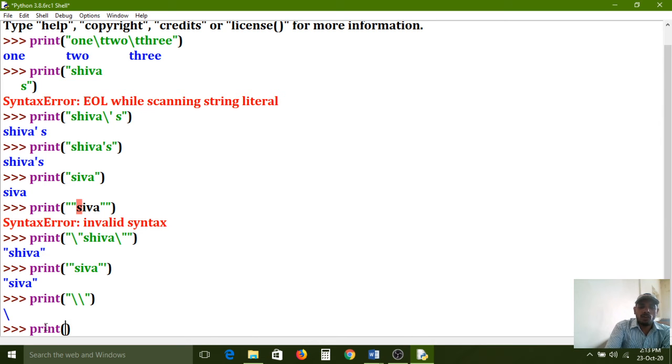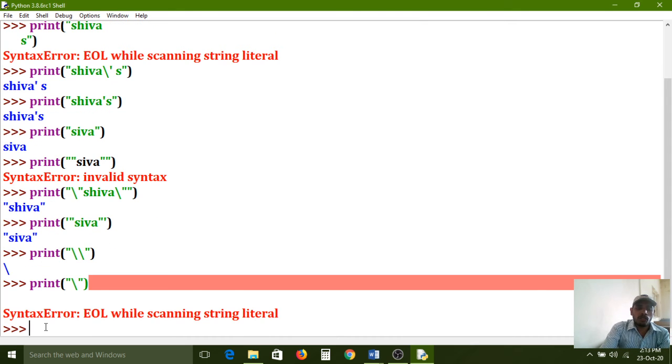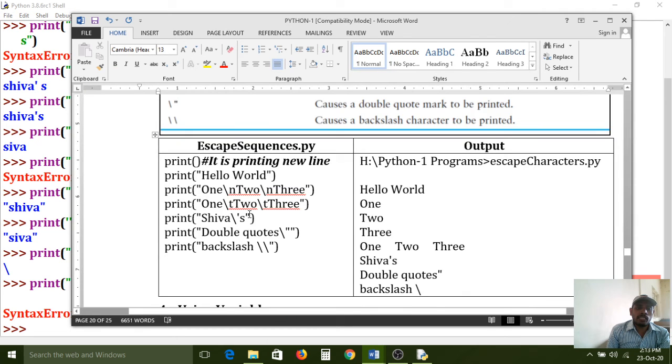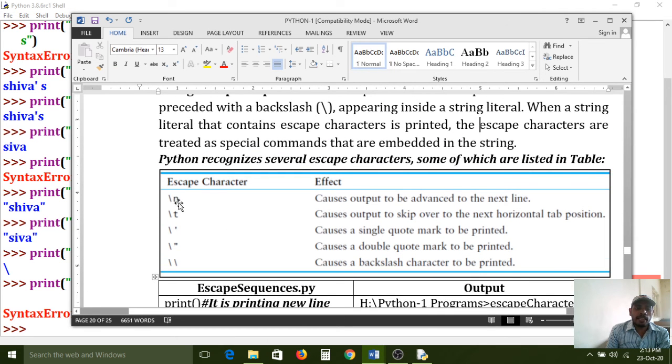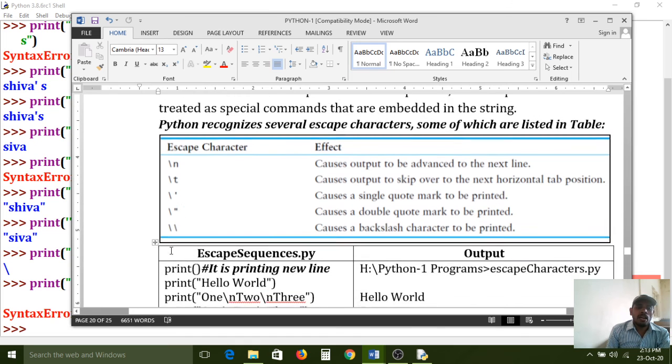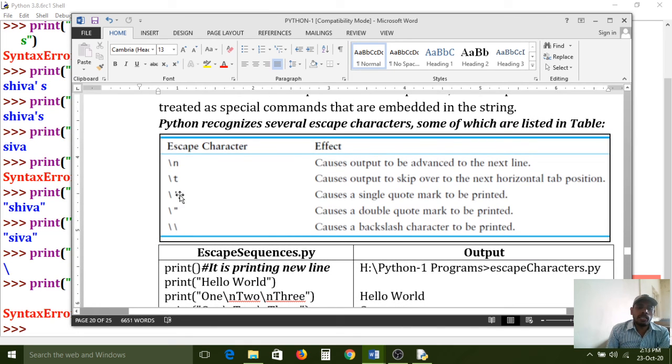So if you use that character a single time, it is expecting some other characters also. All of you carefully observe: EOL while scanning string literal. So it is expecting some string literal, nothing but all those things we have now. Slash n, it is expecting this n character there, or some t character, or some single apostrophe character, or double quotes.